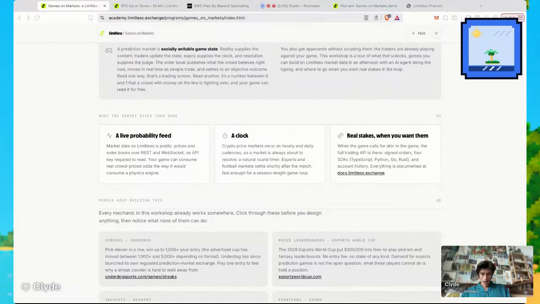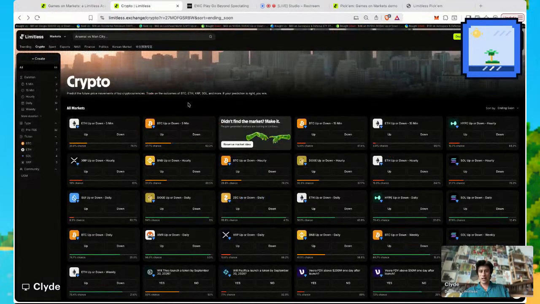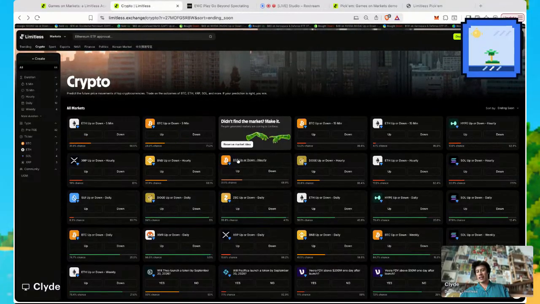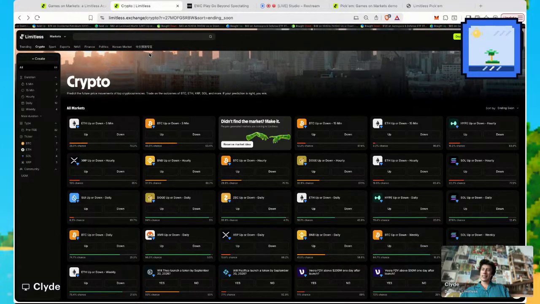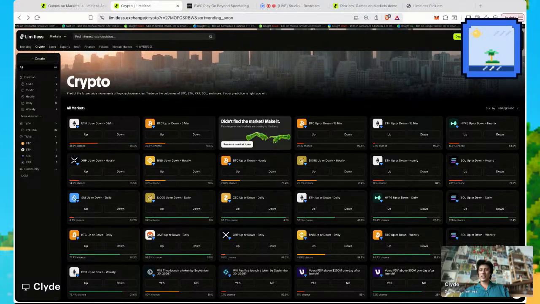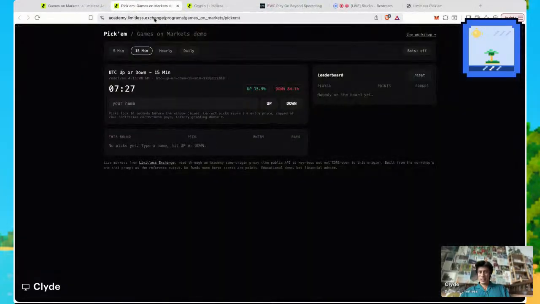But yeah, as you'll see, like I mentioned, these 15-minute markets and these quick markets, I believe, can offer interesting temporal dynamics to game developers. So if you want to have certain arenas or even competitions that are occurring on these hourly bases, you can do that. For this workshop, I even have a little pick'em I've put together if people wanted to join in